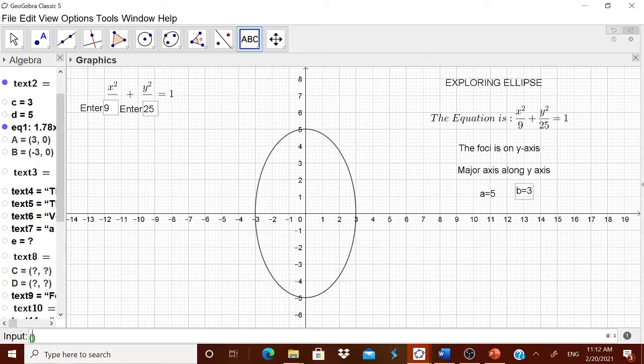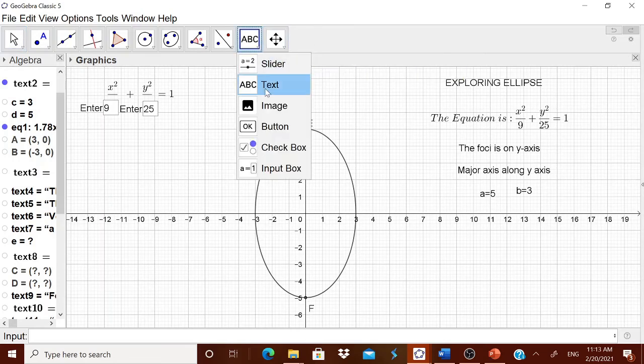You have to go for the vertices. What are the vertices now? This is actually C, D. D is 5. You have to remember in mind. Therefore, you have to type 0, D. You see, you got it. Then 0, minus D. You got it. You have to be a little bit careful that C and D are totally changed over here. That you have to remember. Children may not be knowing it, but you have to remember.